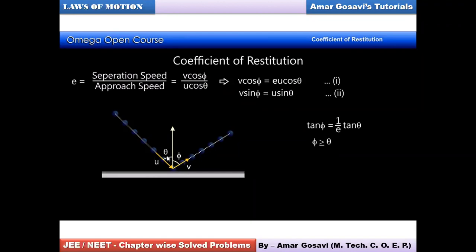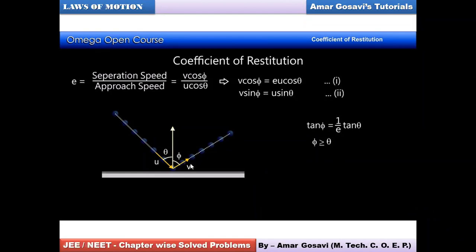Now if I want to convert this inclined initial speed u into vertical speed, how would it be? The component adjacent to theta will be u cos theta, isn't it? And if I want to convert v into final vertical speed, then I will use this phi and resolve this vector, because v is a velocity, right?